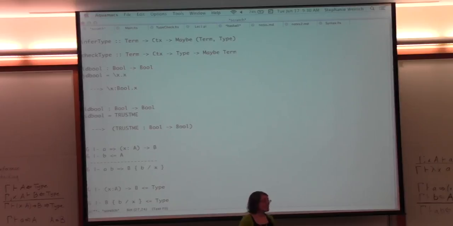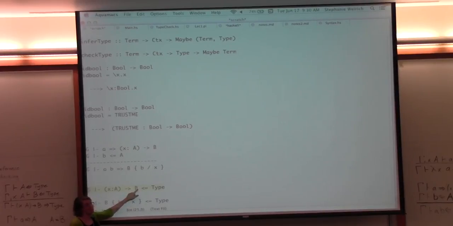But here, that may not happen. And the reason it may not happen is if you think about this one. When you're type checking B, there's some X in there, and it's a variable. Variables in our type system are checked with inference mode. We can infer the type of the variable, whatever context that variable appears in. It doesn't need to know what type to expect for that variable, because we can look it up from the context. But down here in the substitution, this B got a little extra help when we were just checking to make sure that B was a good term. Because here in the judgment,